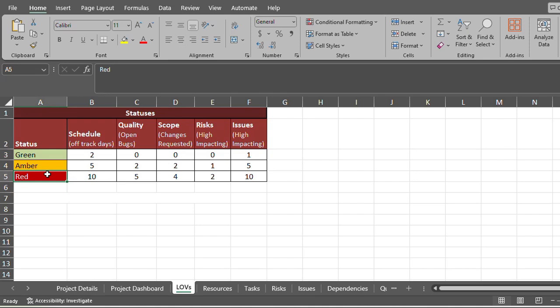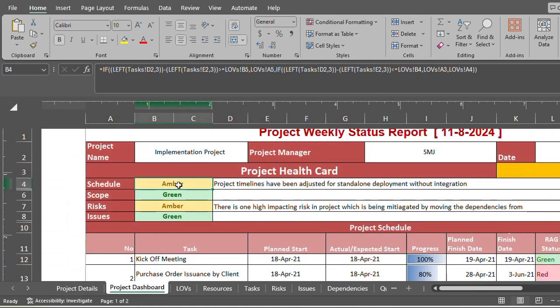However, if that statement is not true and that difference is less than 10, then it will move up a bit and see if the difference is greater than or equal to 5. If it's found true, it will set the status as amber. Otherwise, it will set the status as green. So over here, that's how